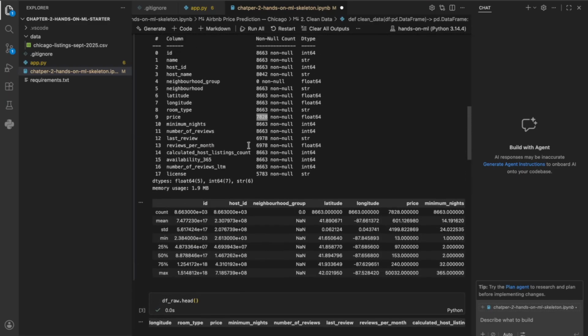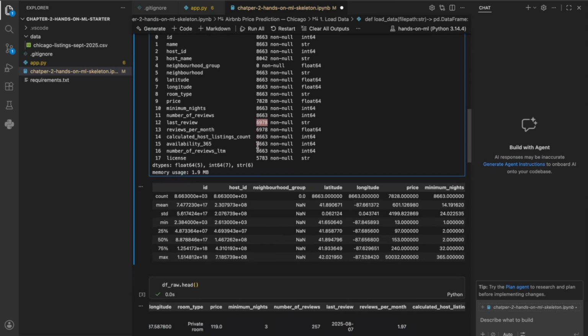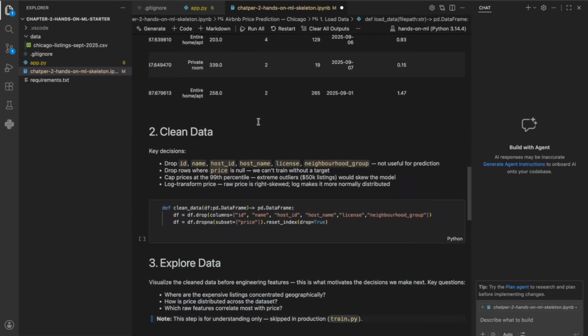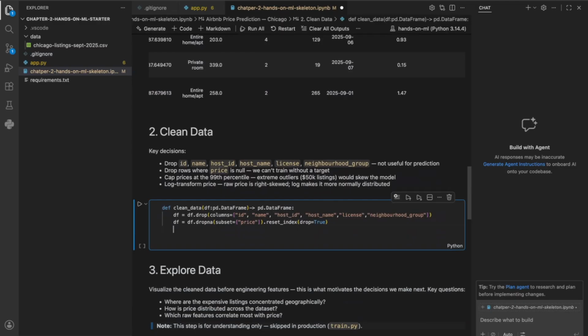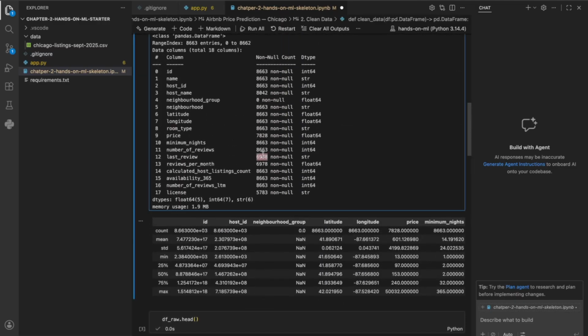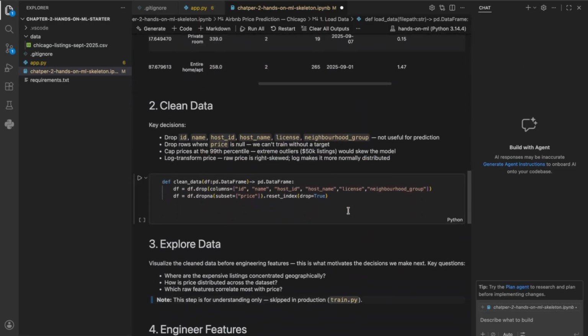If you look into last review, there's almost 2,000, like 1,700 rows that don't have a review, which if it doesn't have a value, we can assume means that it's probably never been reviewed. And so instead of dropping these rows and making our data set even smaller than what it already is, because this is probably considered a really small data set,